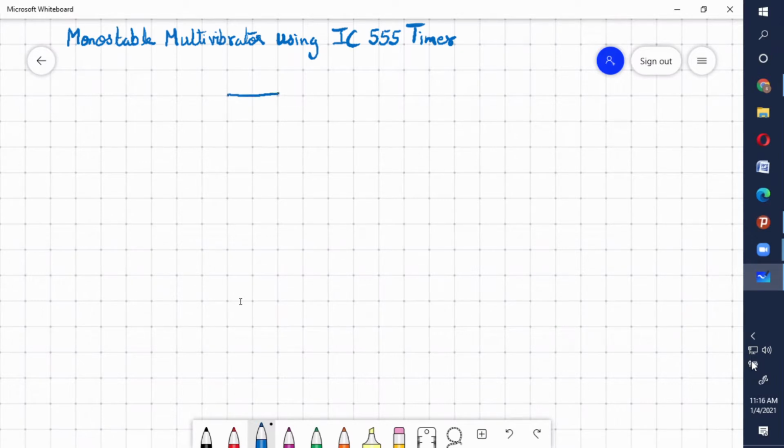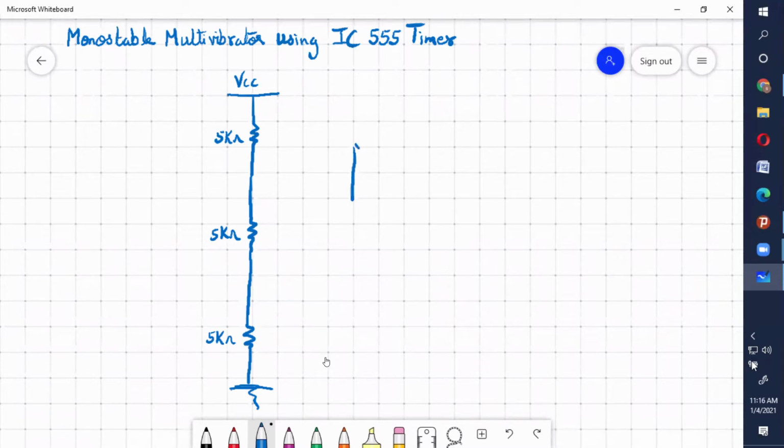So first thing, what do you have here? How many resistors are there, students? 3 resistors. How much value? 5 kilo ohms. Okay, same thing. If you learn one circuit, it is the same working principle only. 5 kilo ohms each, with VCC.